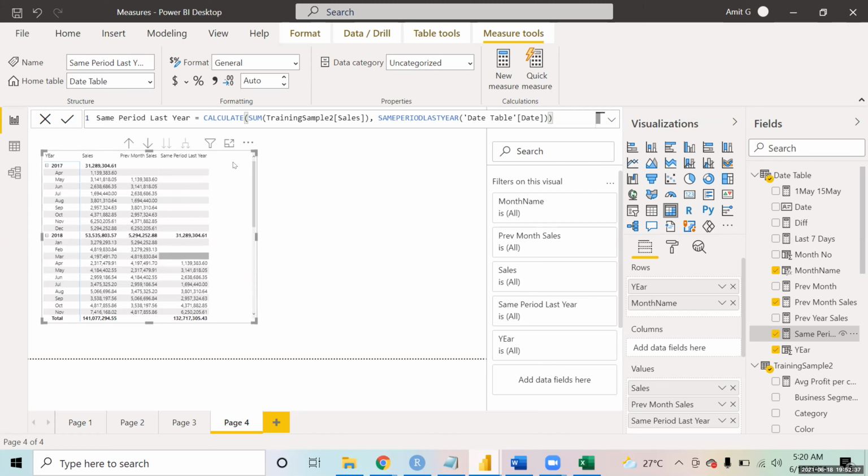See, YTD, MTD, these are the terms that you all would have heard a lot. It's year to date, that is the full form.